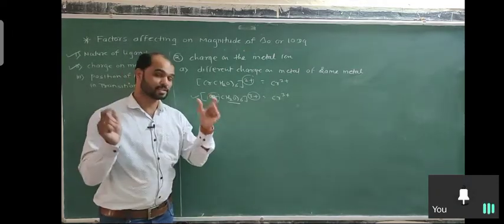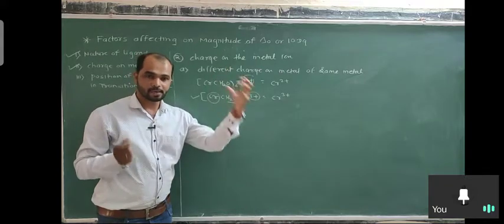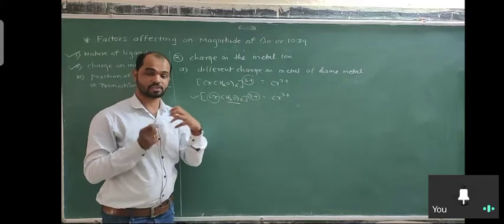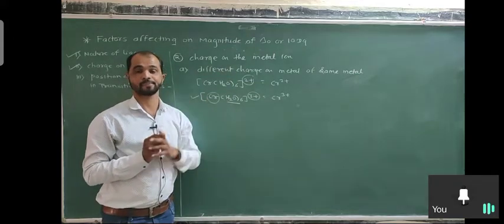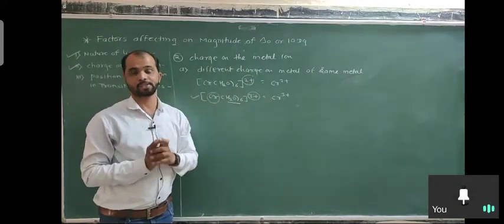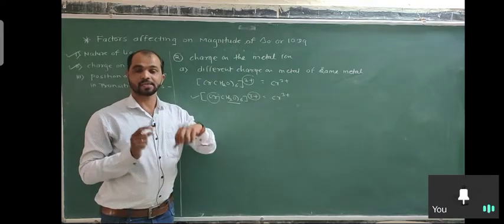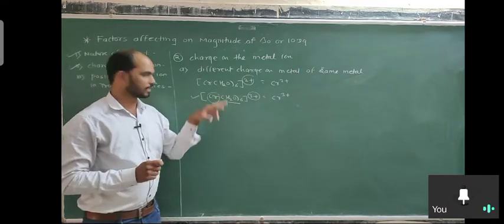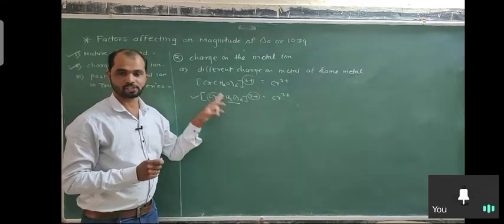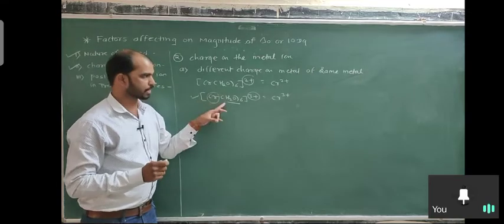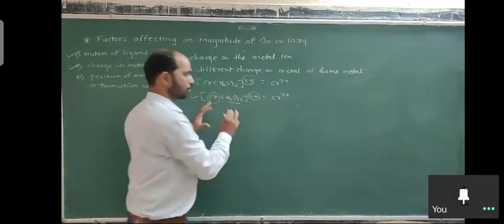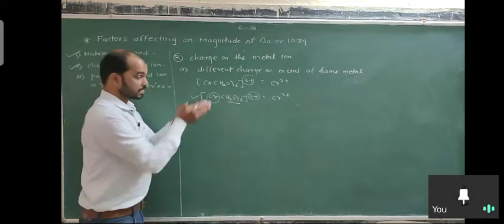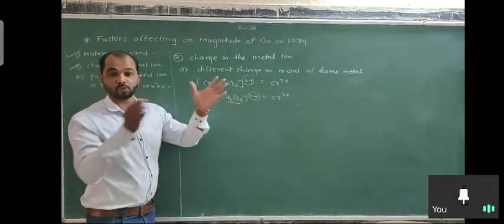So to avoid this higher repulsion, as the ligand comes closer towards the metal ion as compared to the first one, the metal d orbital itself undergoes splitting. But as compared to the first one, there is a higher attraction, higher repulsion, higher interactions. So when these d orbitals are split, in the second case the splitting is more powerful,